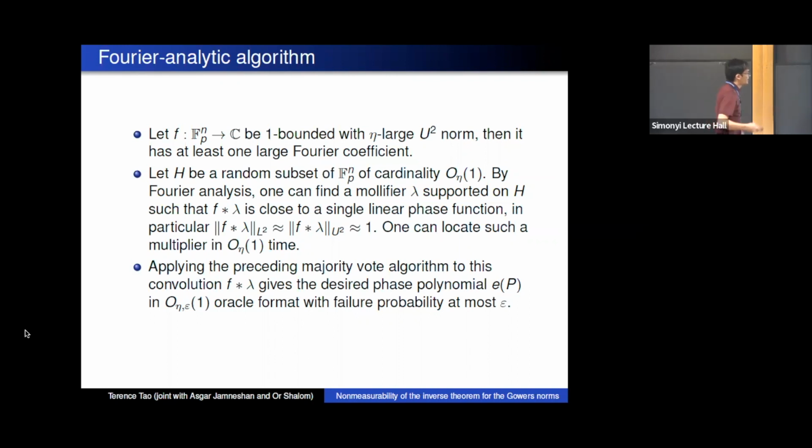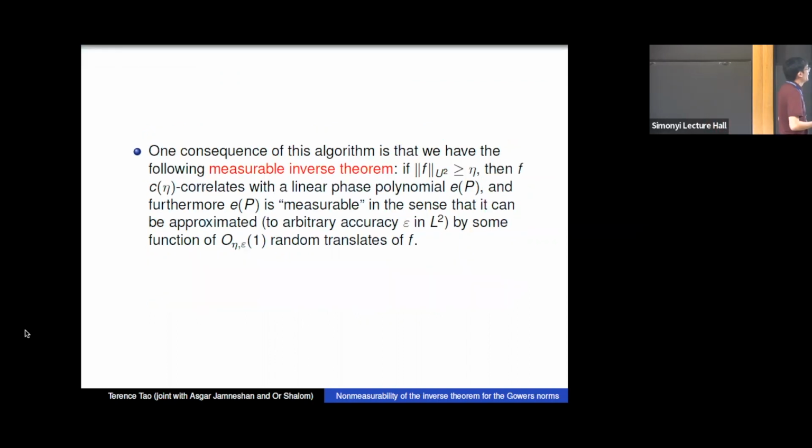So algorithmically, you can get a very good representation. From a more analytic point of view, one thing this tells you is that the inverse theorem is not only algorithmic; it's also what I call measurable. That if you correlate with some linear phase, then not only does this linear phase exist abstractly, and not only can it be obtained in an algorithmic sense efficiently, it's what I call measurable. The precise definition of measurability involves a lot of quantifiers, which I will not detail here, but roughly speaking,